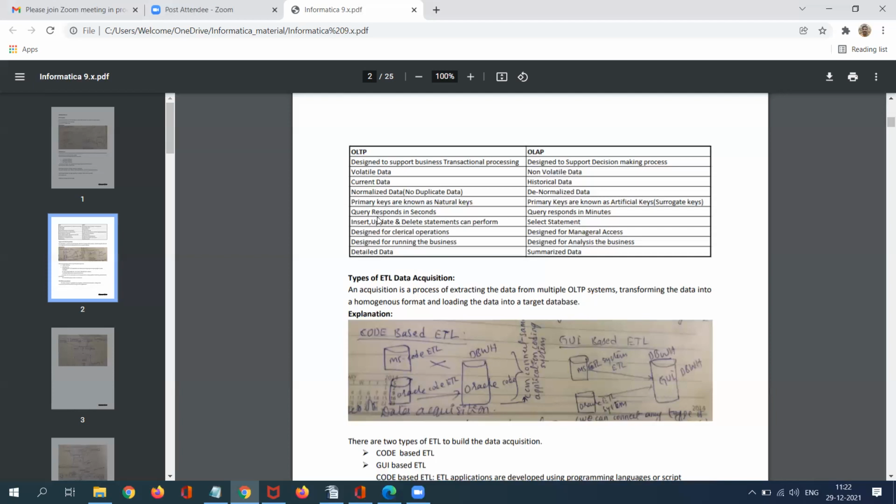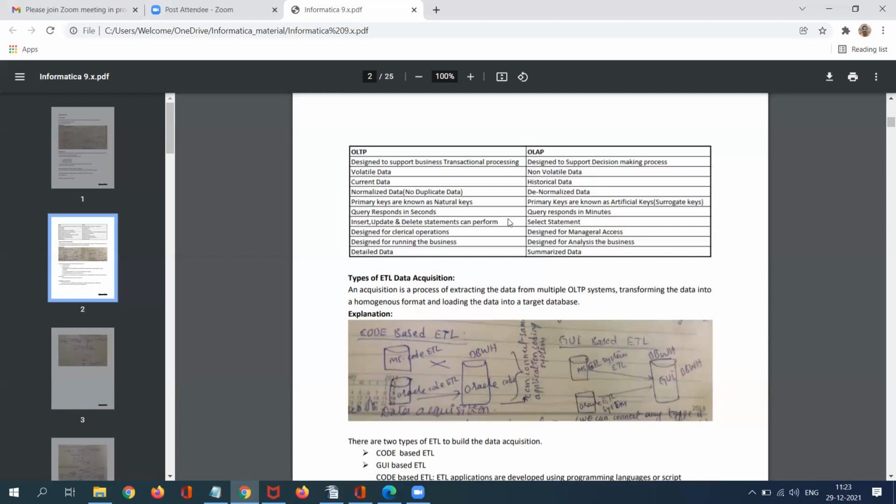If you run any select query in OLTP, it responds in seconds, since it contains the recent data. Whereas our OLAP has historical data, so your query may take comparatively more time than your OLTP system.